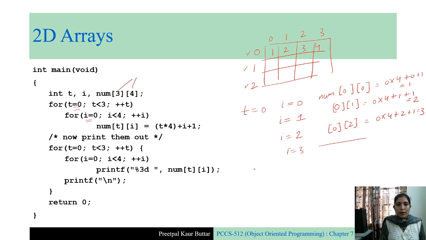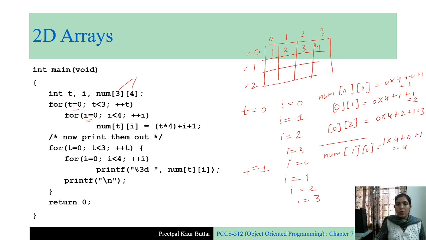Okay, then after the completion of this for loop, we will go to the outer loop. Outer loop will change from 0 to 1 now. And for all these values, i will vary from 0 to 1, 2, 3. So for example, now num[1][0] will be equal to 1 into 4 plus 0 plus 1.